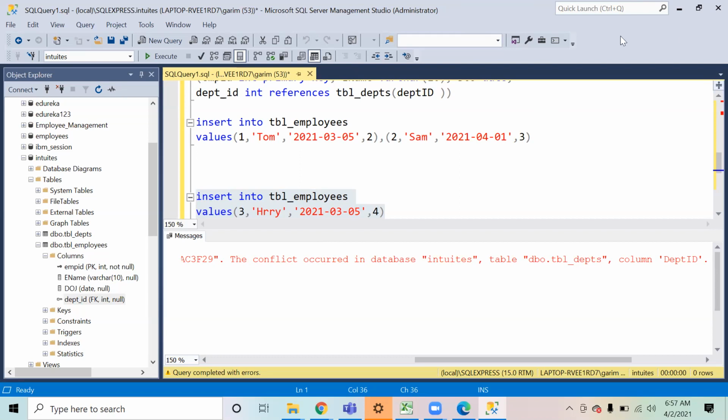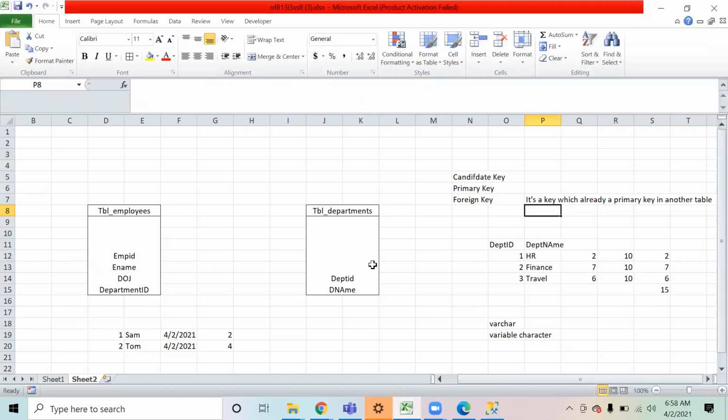So if you see now, this is where data integrity comes into the picture. All the data that we are storing is being stored in a structured way, and secondly, data is connected to each other. So we cannot have garbage or error values inside the different tables. Now, if I come back to this Excel, these are the two tables. Can I say that these two tables are connected to each other on the basis of department ID?